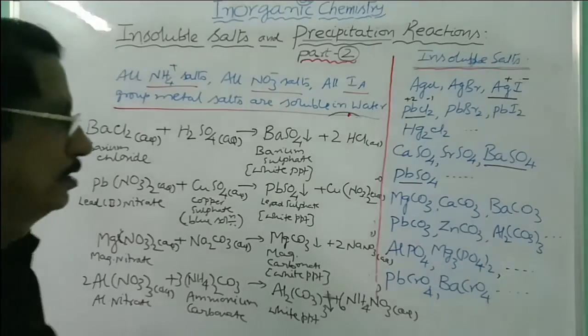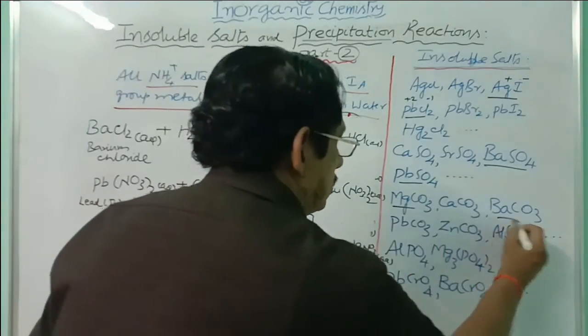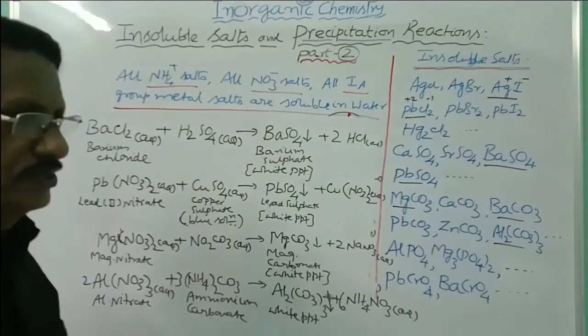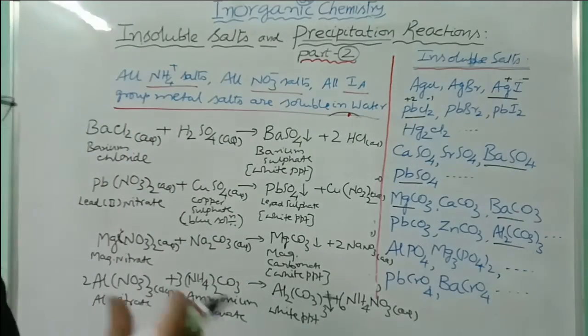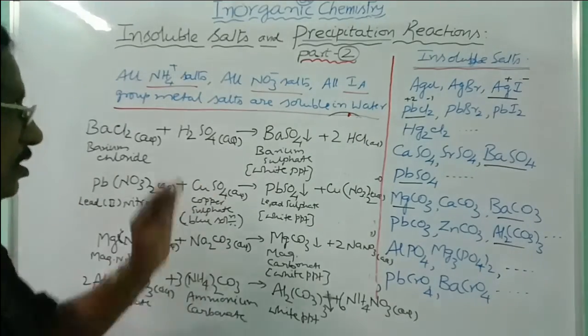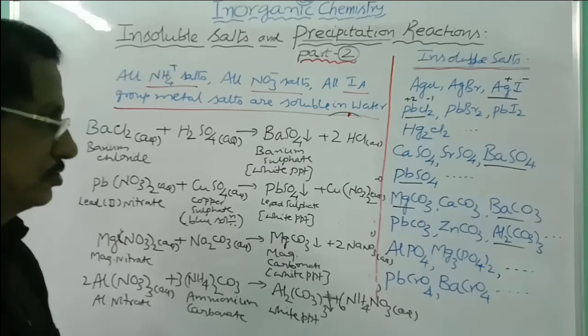So in this way, you can write carbonate reactions. Any precipitate, any solution you can take. 2 soluble salts, you have to get insoluble salt from that. Such equation you have to select. All these are nothing but precipitation, all these are double decomposition reactions. Please note it.